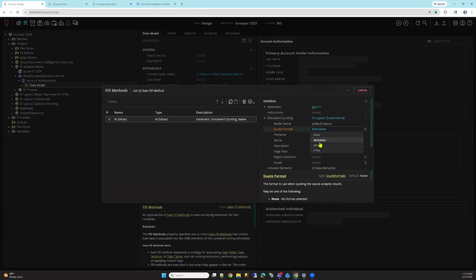Actually, perfect. I'm very, very glad you had me show that. If you choose this JSON option, rather than using that Markdown formatted version of the document, it's actually going to use literally that JSON file I just showed you. So if you need not just the text content of the document reformatted in Markdown, but perhaps some of that other additional information that's buried in that JSON structure, this would be why you use that. As a practical matter, though, your two best options, certainly in our testing so far, seem to be Markdown or